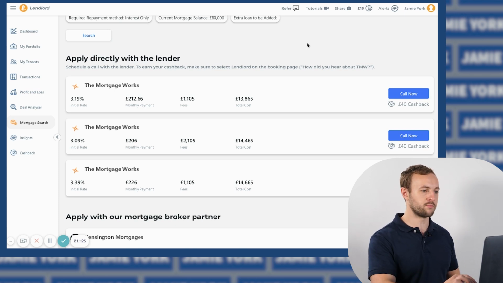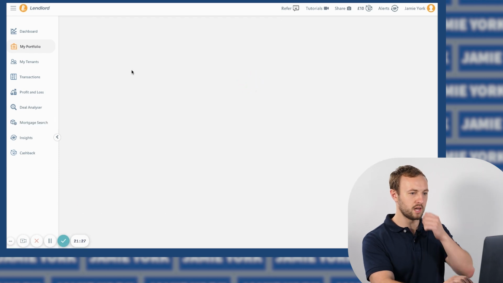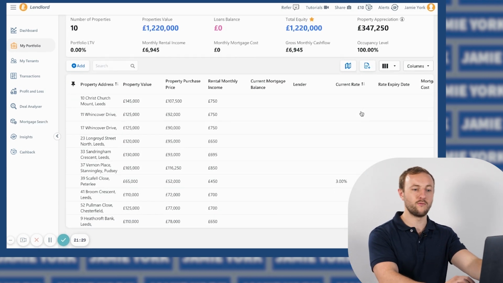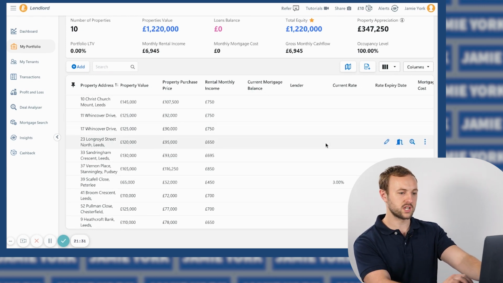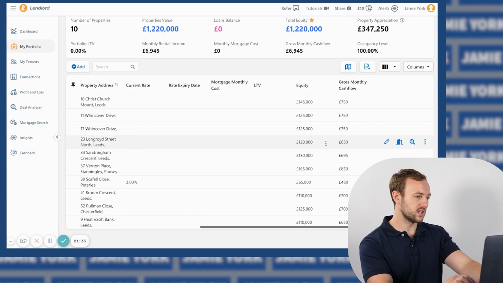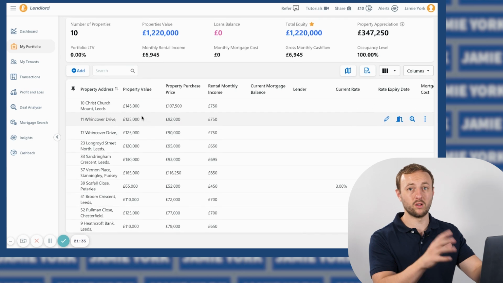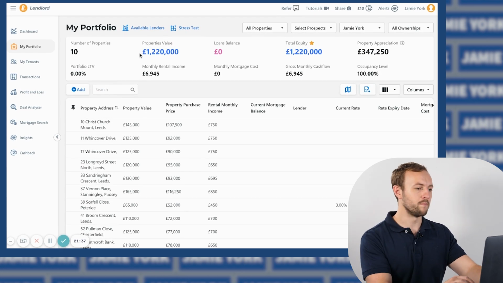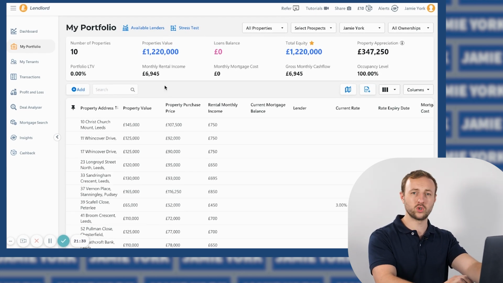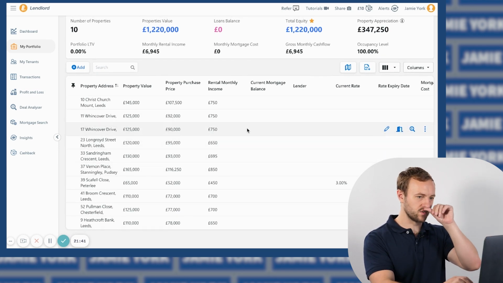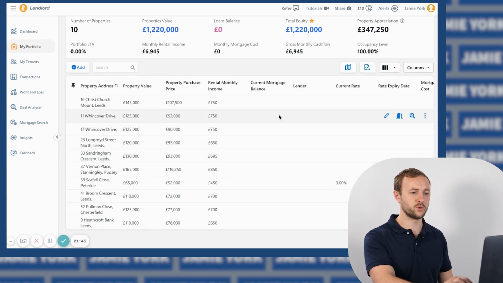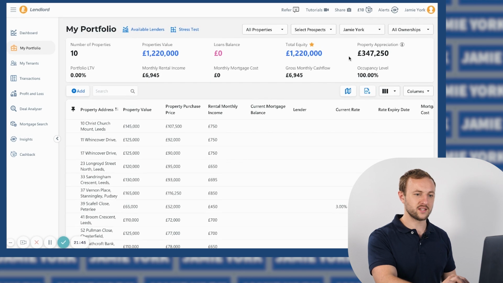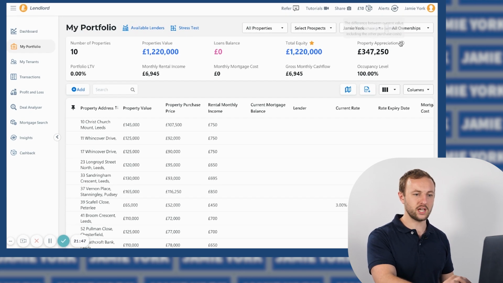And then if I go across to my portfolio, and I'm applying this on absolutely everything, and again, I've not put through everything on here, but you can see all of the information that goes in. So this is 10, it's a £1.2 million part of the portfolio. On this, I've not put the debt portions in, but we're about 50% loan to value, 100% occupancy, which is wicked. But check this out. Property appreciation,